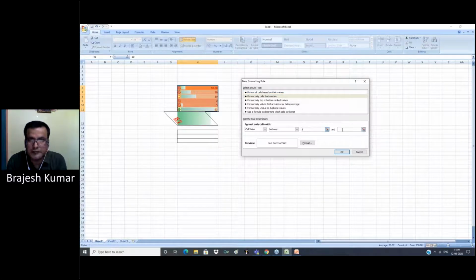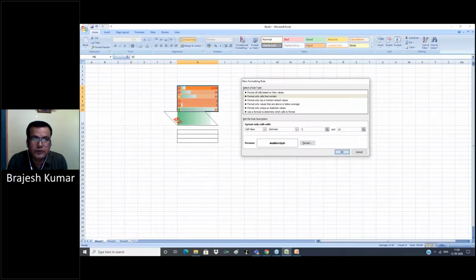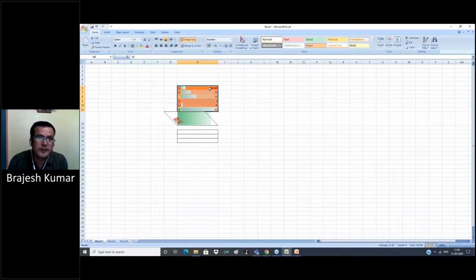Set format: strikethrough. Okay. Now numbers between 5 and 10 get the format applied, strikethrough on the numbers 10 and 5.